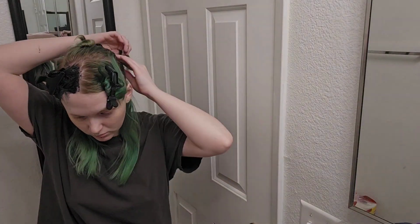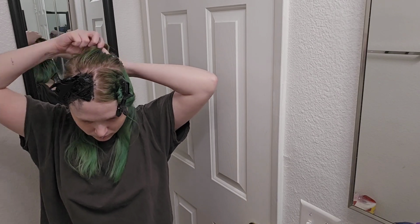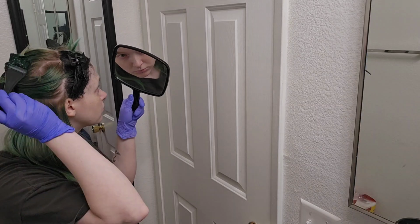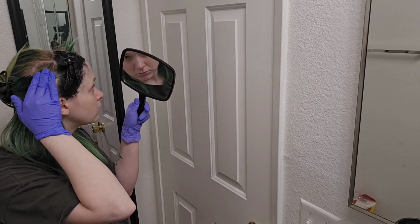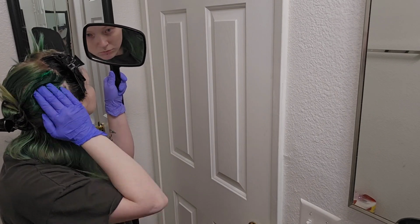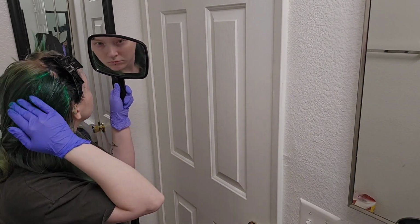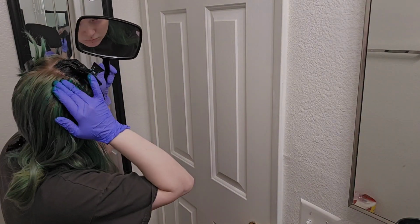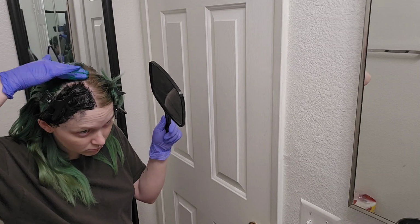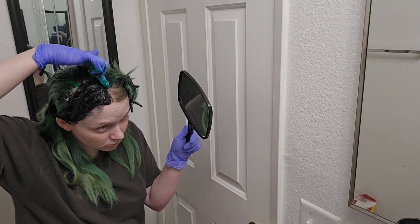Okay, so this is where I'm sectioning out my raccoon tail. It's such a short moment, you can't even tell what I'm doing. But that little area was my raccoon tail. And the rest of this is just me putting green around the perimeter of my hair, like the outside roots. I'm not doing all of my roots, I just want to go around the part that's going to be black, and then the back of my hairline, and then the front of my hairline, and then around the raccoon tail,